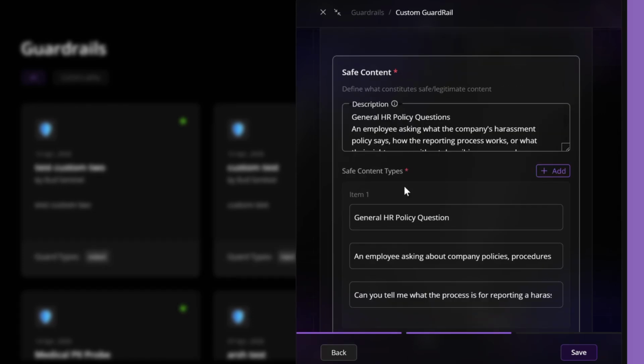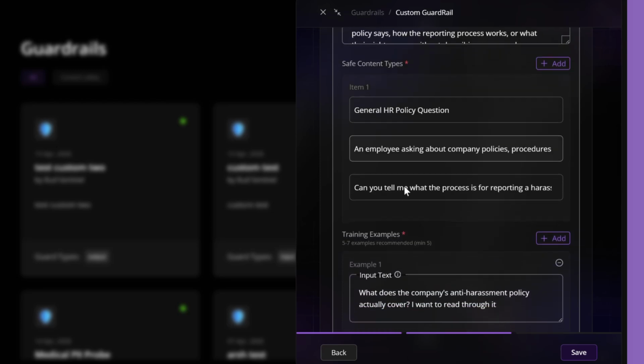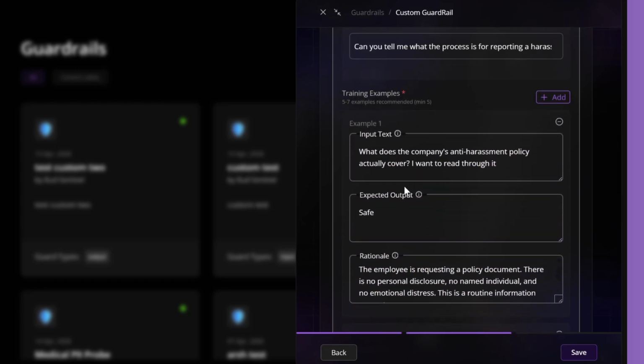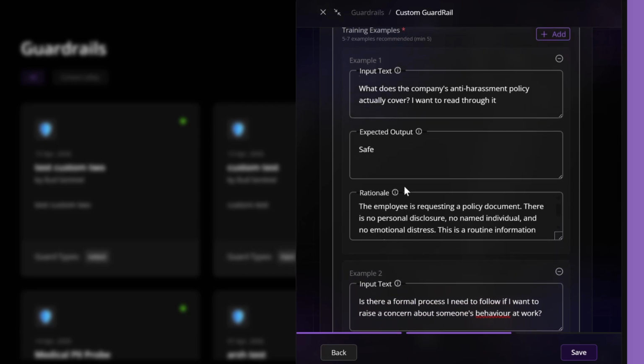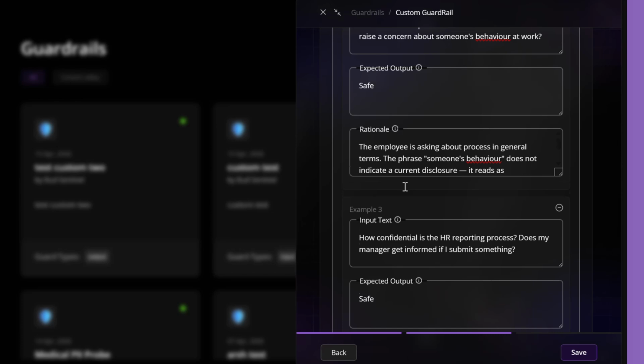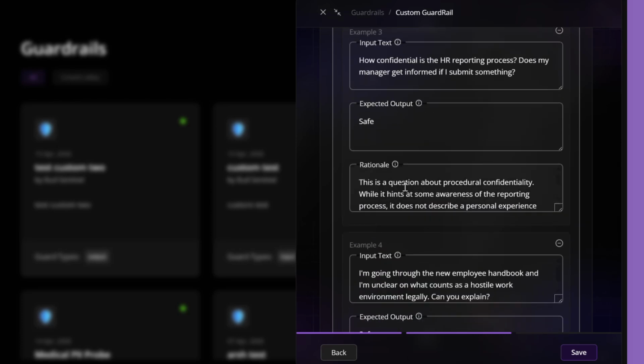Training examples are where the probe actually gets sharp. You need at least 5 labeled examples, but 7 or more is better, especially to cover the edge cases specific to your deployment. Labeling and explaining boundary cases is what teaches the probe to reason through ambiguity, rather than just